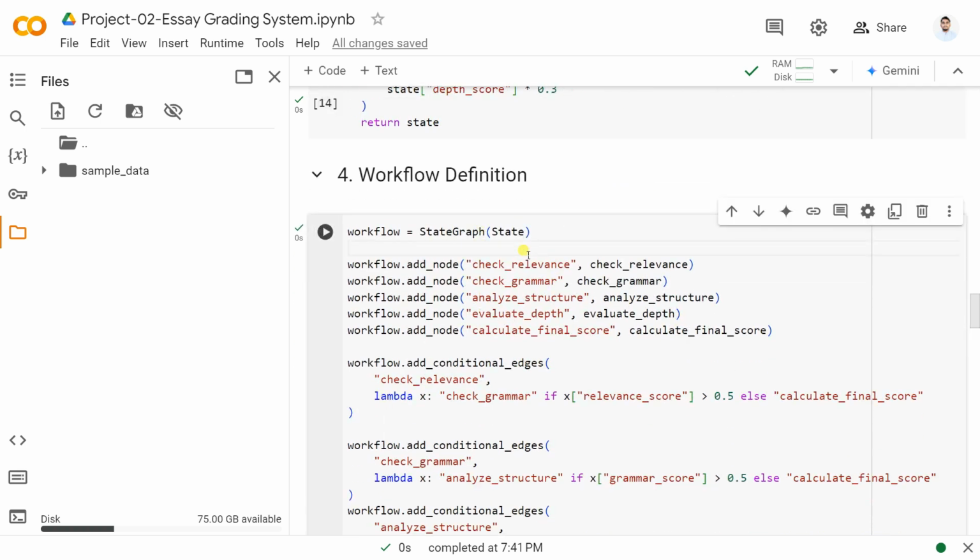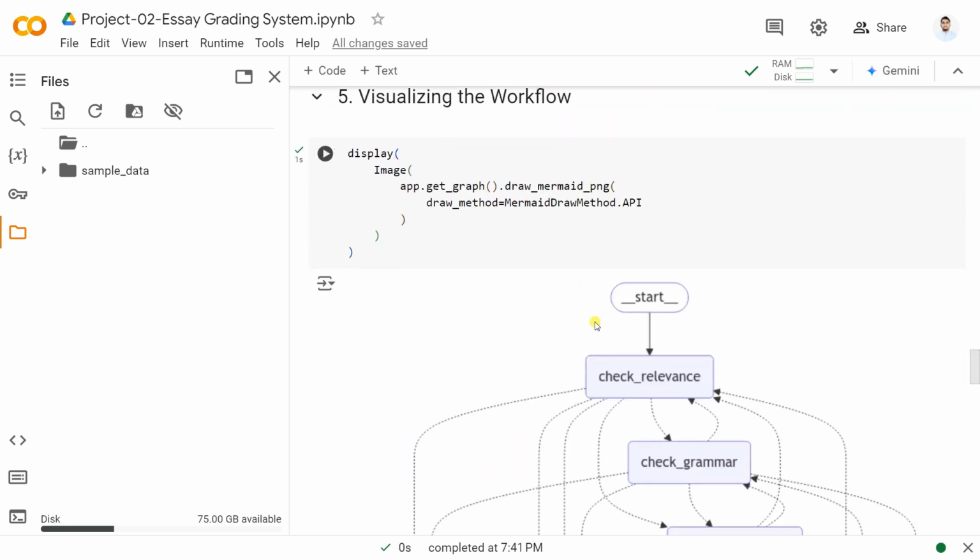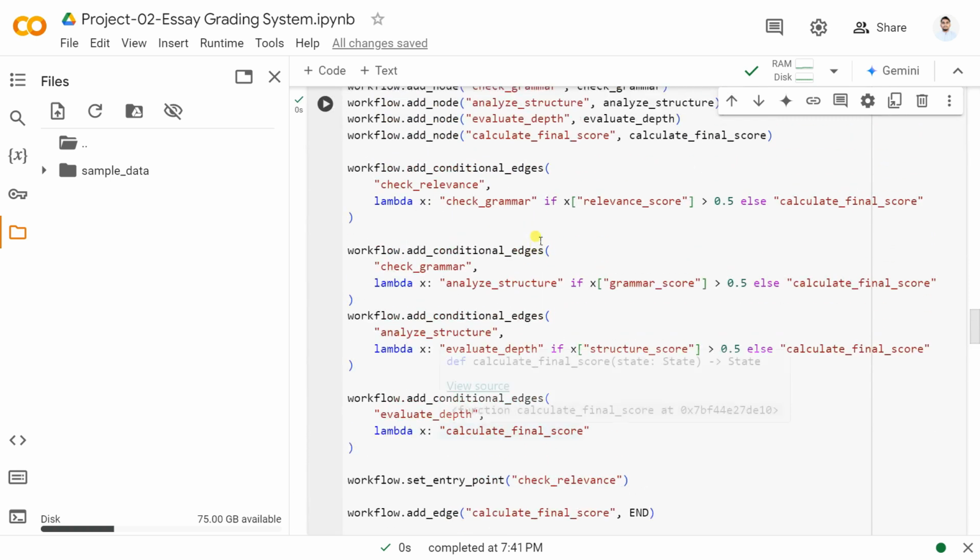इसके बाद मैंने क्या किया, एक वर्कफ्लो क्रिएट किया, क्योंकि ये वर्कफ्लो हमें फॉलो करना है, इसलिए ऐसा वर्कफ्लो हमने क्रिएट किया है। तो हमने चेक किया कि वैल्यू, स्कोर जो है, 50% के ऊपर है, तो हम ग्रामर को चेक करेंगे। नहीं तो हमने जो कैलकुलेट फाइनल स्कोर है, उसको जस्ट रिटर्न कर देंगे, बस। इसके बाद क्या किया, सेम थिंग ग्रामर को चेक किया।